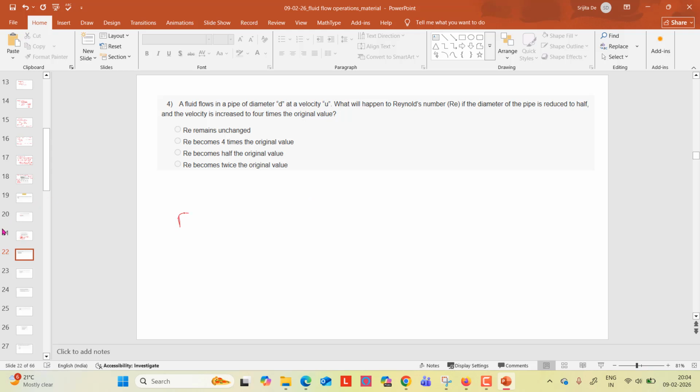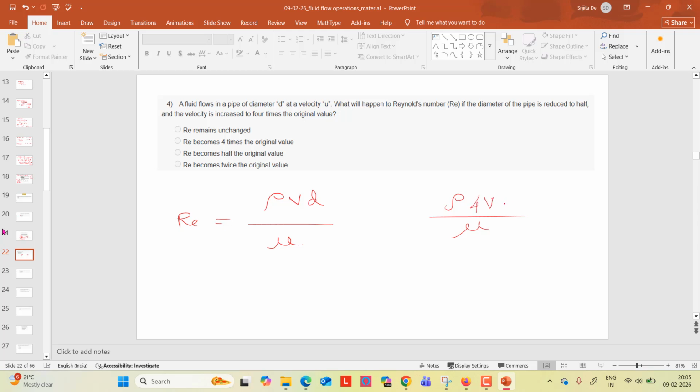The Reynolds number Re, in case of a pipe where the characteristic length is the diameter, is rho V d by mu. So now what it is said is that the diameter of the pipe is reduced to half. So now rho and mu will stay as they are. V is increased 4 times. So that will be 4V,